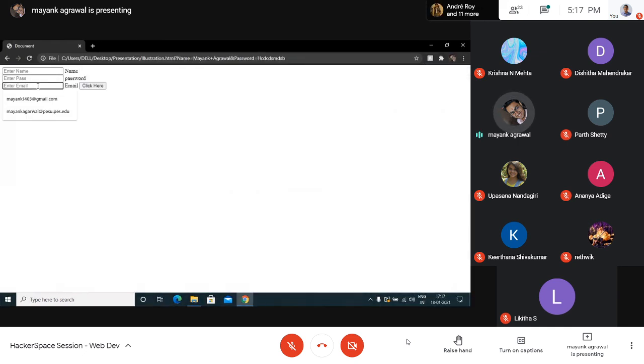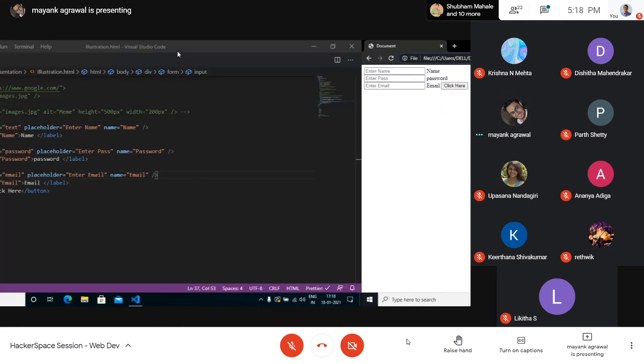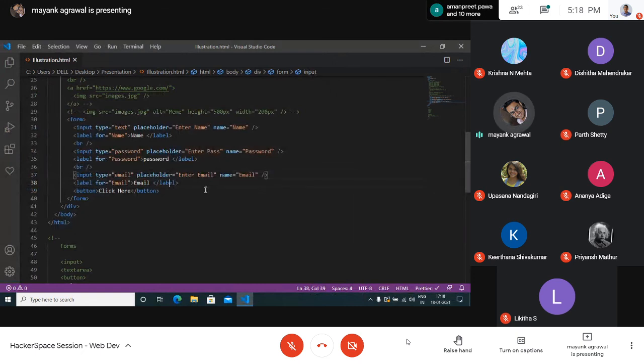So when I said email, it should be an email, right? I just can't type Mayank and click, because it will generate this error saying that this is missing an at the rate, because it's expecting an email kind of input, but it's getting normal text. So if I type something like this and click, then it won't generate any issue. But again, the problem is that everything gets appended in the URL. So this is one thing. Then we can also use this for date.